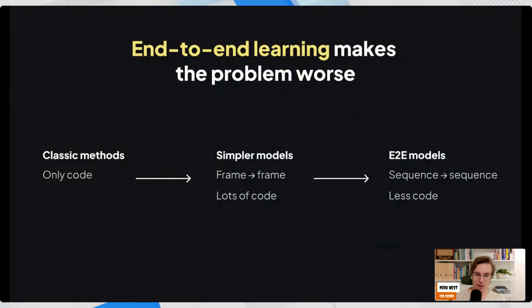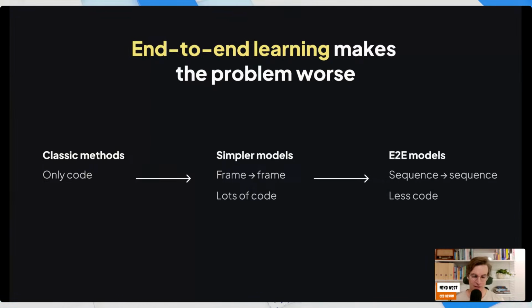And then that problem is actually made a lot worse recently with the move towards end-to-end learning. So in the olden days, we used to use classic methods only, just pure code, to try and understand the physical world with computer vision or other methods.